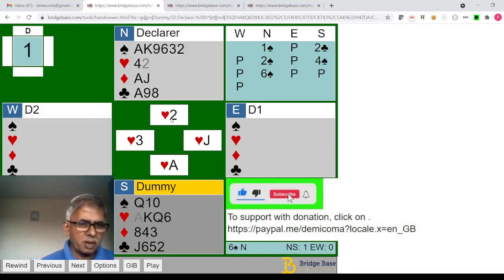So, single dummy, you would rather play on the club suit than think of any complicated esoteric squeeze without the loser or secondary squeeze or whatever. Even if you know about it, even if you believe you could execute it, the percentage will be with club play.